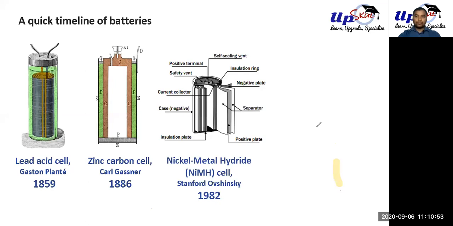Even before any kind of lithium ion batteries, early electric cars used nickel metal hydrides. And next is